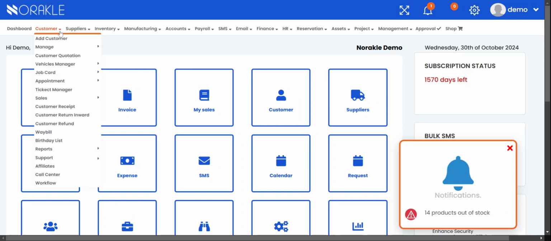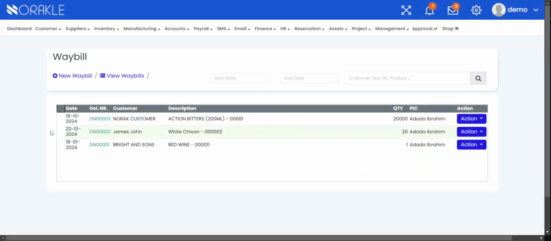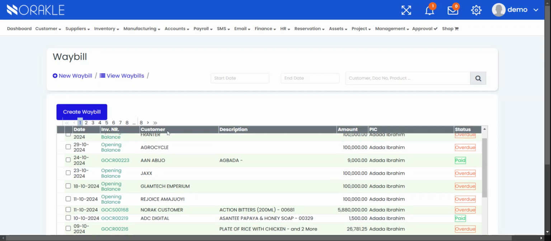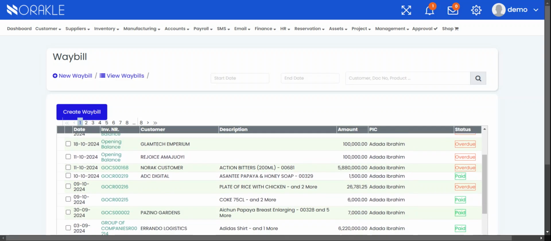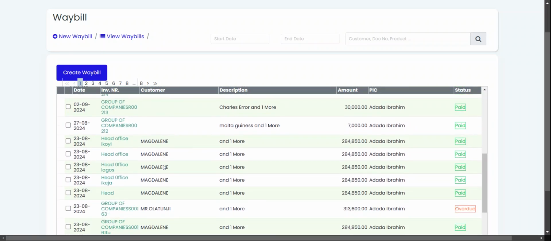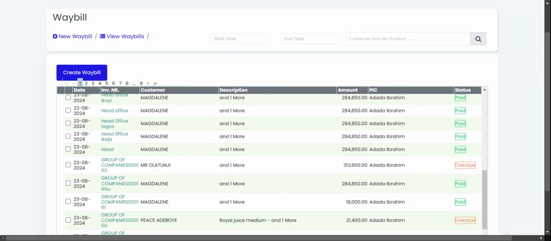So what you do is click on customer, then take your cursor down to Waybill, click on it. Right here, you're clicking on new Waybill. So right on this interface, what you're doing is you're going to select any of these invoices to create